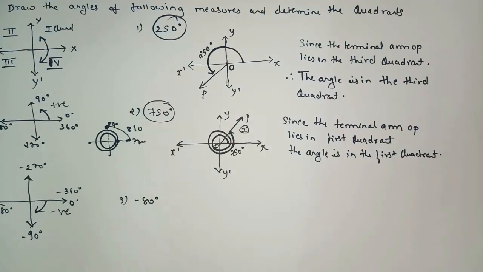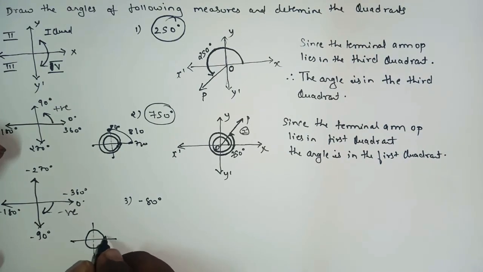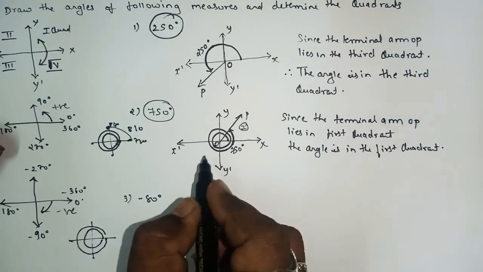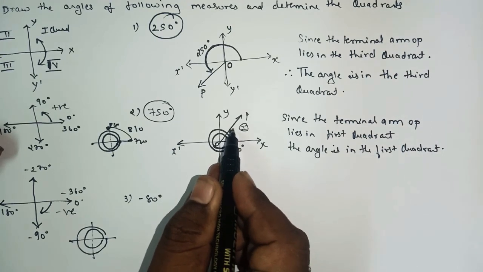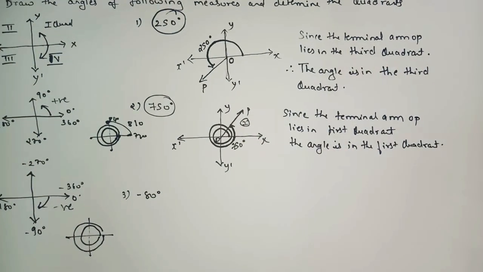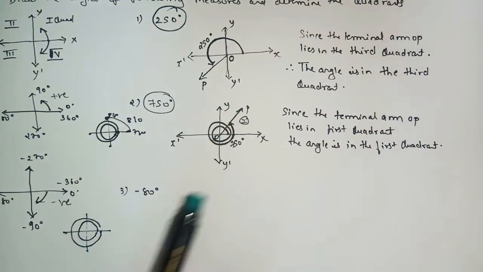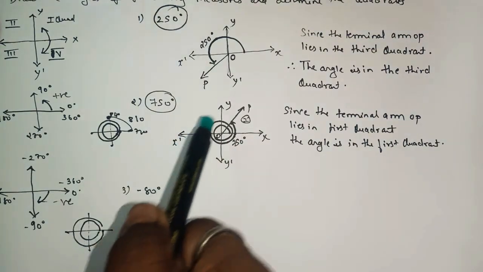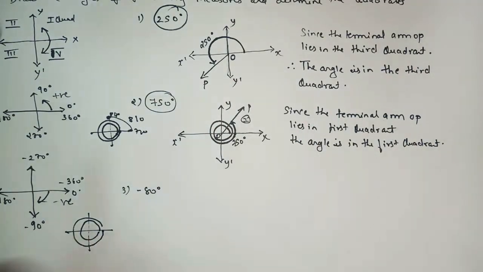step. Got the point? So we know that one rotation is what? 360. Second rotation 720. By showing this rotation, as here clearly we can see that this is one and this is the second rotation, that is 720, and 750 will lie somewhere here. And indirectly we can say the 750, it lies where? In the first quadrant. Got the point? Understood? Okay, so here no need of writing 0 degree, 90 degree. If you want, you can write that also, or directly by simply showing this x dash, y dash, and show this rotation and show this ray, that's it, and write the sentence.